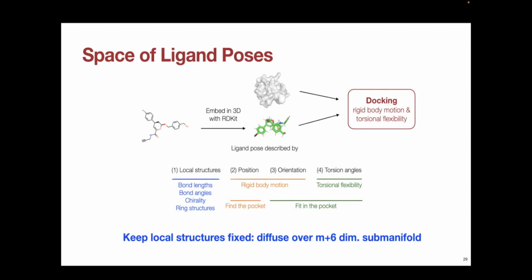So the diffusion that we're going to want to construct, the kind of noise that we're going to want to add, is going to be this chemically consistent noise with the initial RDKit conformer, right? So the noise is just going to be in the ligand torsion angles and its rigid body motion. And when we talk about doing diffusion over this space, what we're going to do is train a model that removes noise of this kind, right? This is going to be a model that removes torsional noise, positional noise, and orientational noise from a randomly seeded initial ligand pose in order to move it towards the distribution of the true pose.